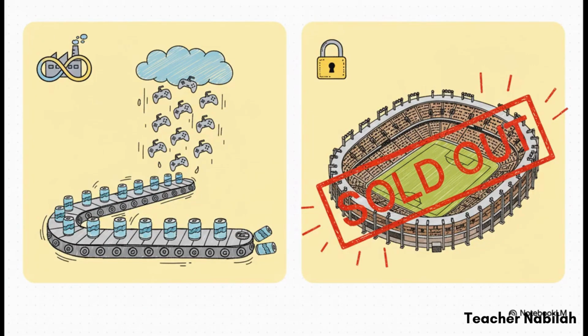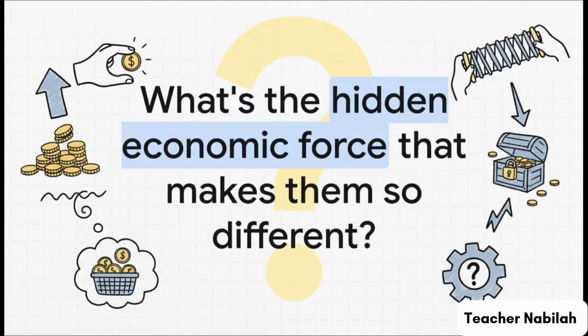So, you've got two kinds of products in the world, right? On one side, you have the stuff that just seems to be everywhere. Think about your favorite soft drink or a game you can download in seconds. If a million more people suddenly decide they want it tomorrow, it's no big deal. The supply can totally handle it. But then, on the other side, you have things that are super limited. No matter how much you're willing to pay, a stadium only has so many seats. Period.